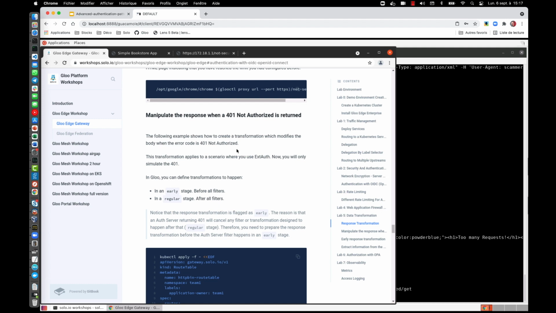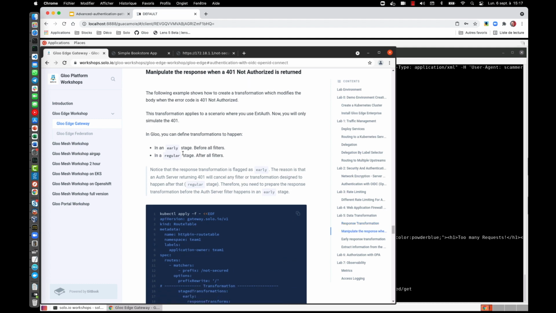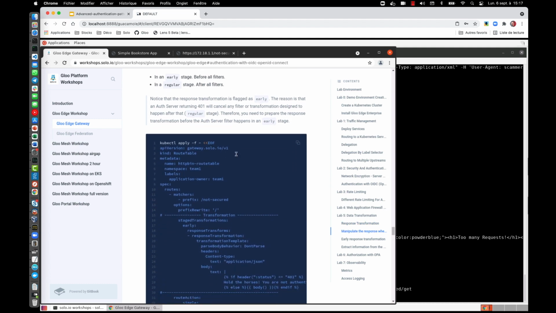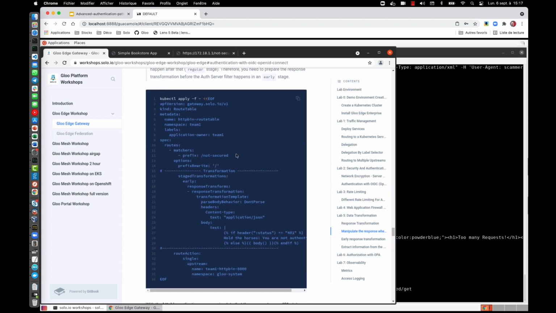We can also define where we want to do this transformation. Sometimes it's nice to do transformation before we do authentication, or after we do authentication. So here we have what we call an early transformation, so that applies before